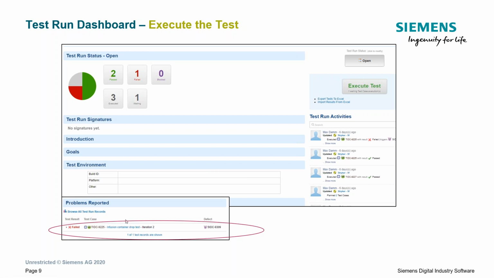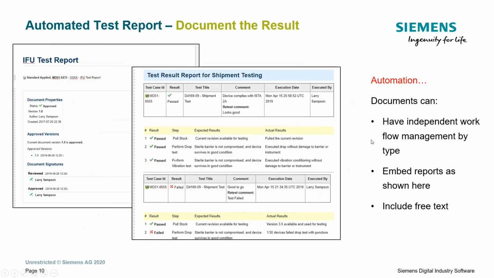So we don't have disassociated data. We're not executing a test in one system, having a requirement in another system, and then trying to figure out what aligns with what. It's all part of the traceability. So the next, and this is, I think, a critically important piece of doing test development, and this kind of